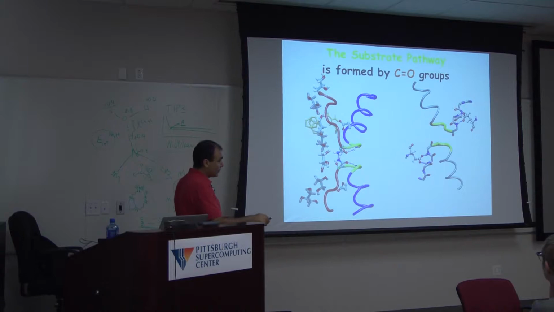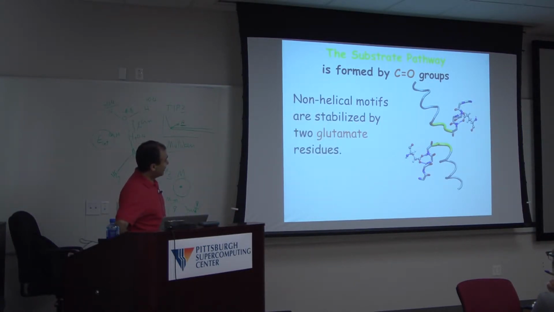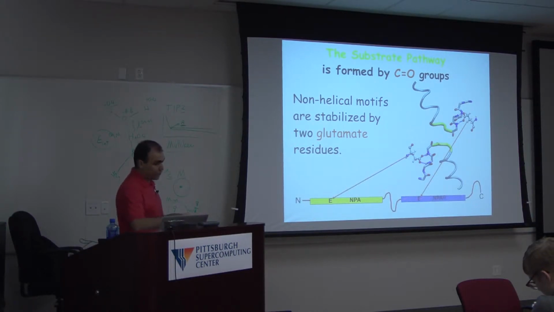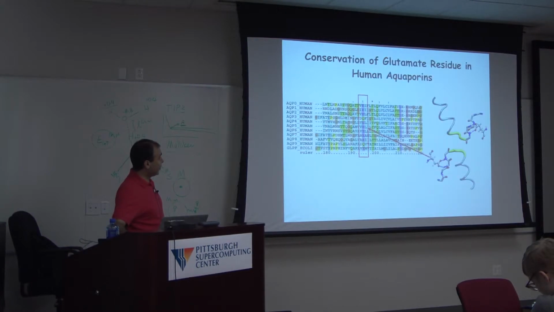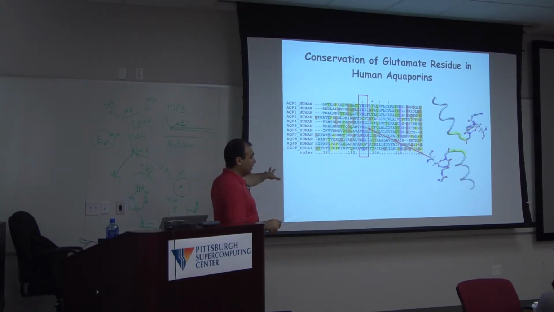So that actually took us to a very interesting, mechanistically relevant aspect. And those are exactly the 2 glutamates, as I told you, that were surprising us in the beginning. If you look at the sequence, this is always a good idea to do some little bioinformatic analysis and see whether the patterns that you are seeing are conserved in the family. In this case, if you look at all these human aquaporins, you can see you have this glutamate conserved in